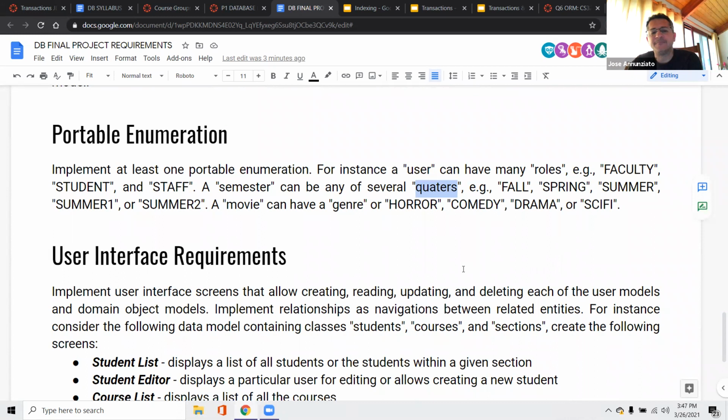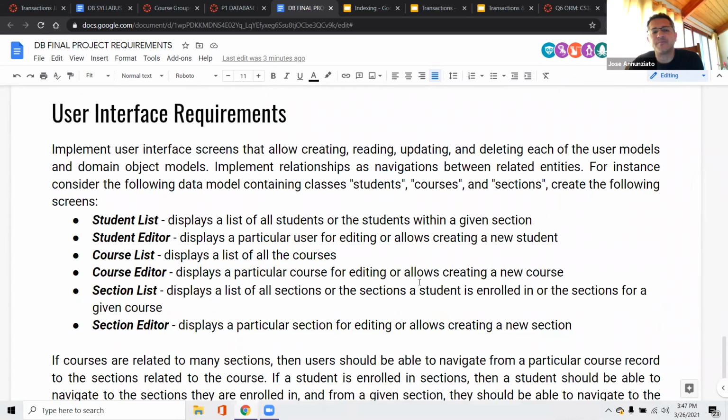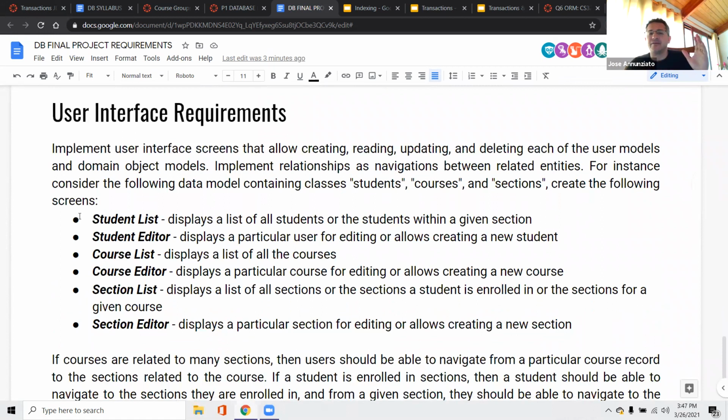Okay, so user interface. For every user data model and for every domain object data model, you should have at least 2 screens, very much like what we've given you in the assignment, I think assignment 8. So for every object, like a blog or a user or a course or whatever, we have one screen that allows you to list all the items, and then a separate screen that allows you to edit an individual record or create